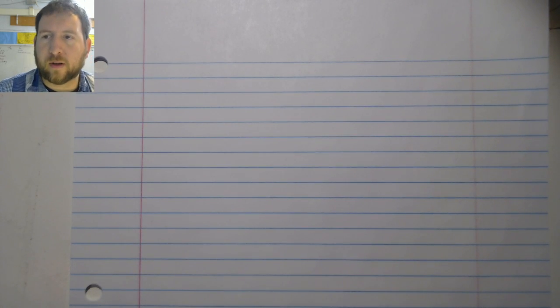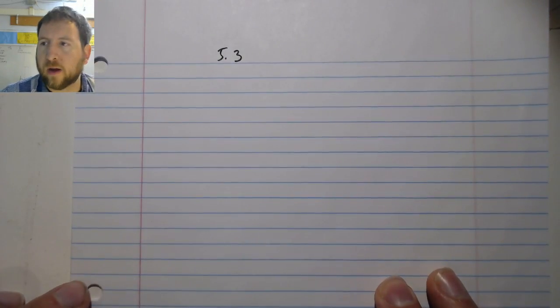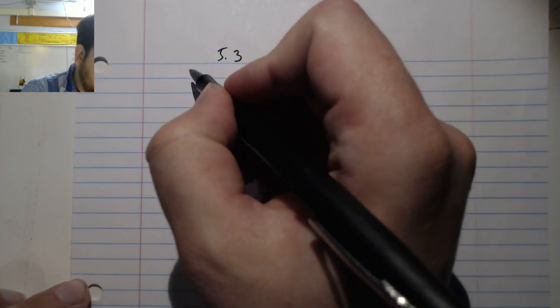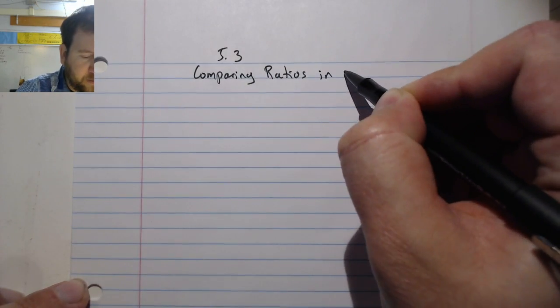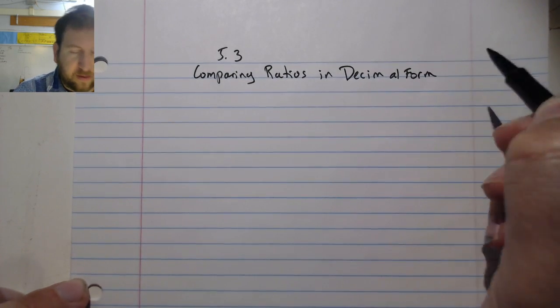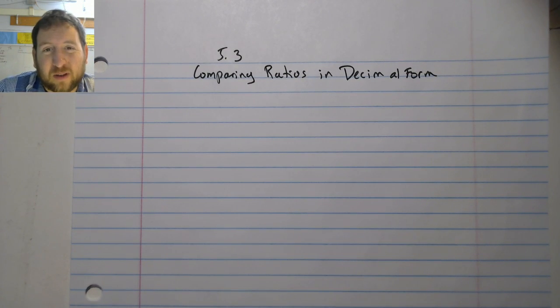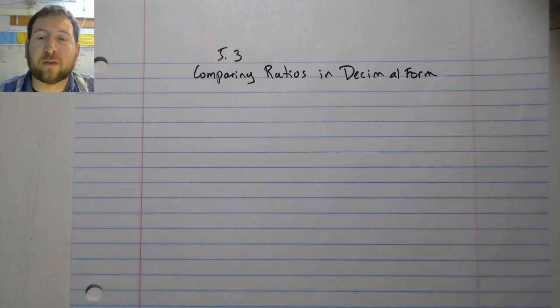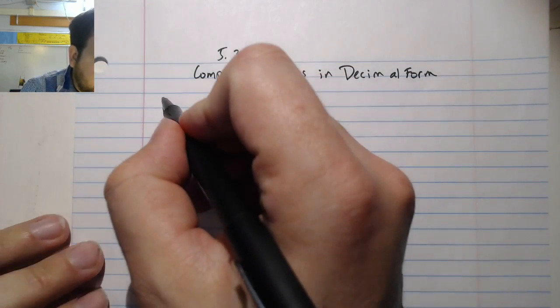All right, today we're going to talk about our next section, which is section 5.3. And we're going to be talking about comparing ratios in decimal form. Now this is another one that's going to feel very familiar to us because it's basically the same thing as we used to do when we were doing fractions, except now they're going to look like ratios. So remember, a ratio again